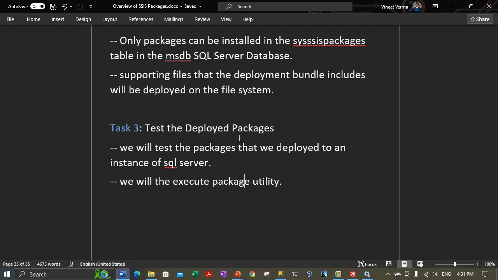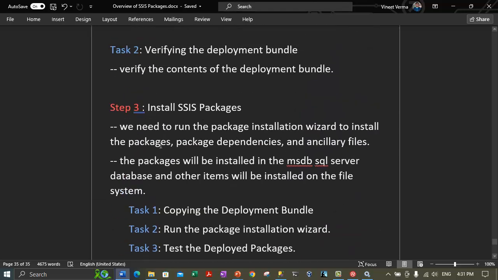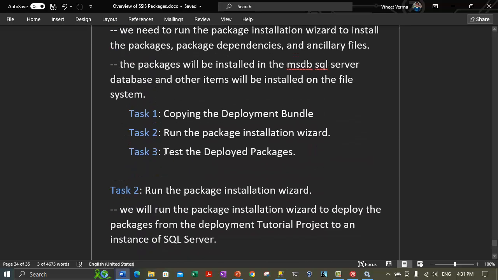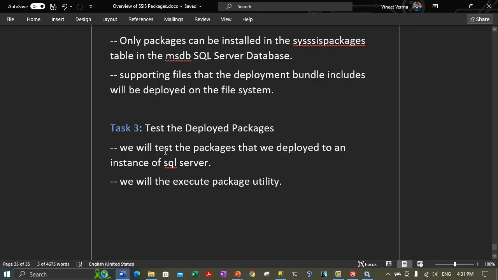All right, so we are done with task 3 as well. Task 2 and task 1 are done. We have installed the SSIS package, so step 3 is also done. And by this, we have come to the end of this tutorial. We have installed the packages. We have tested the deployed packages, right? So we are fine. We are done with the Integration Services tutorial, and this is the last part of this tutorial series,